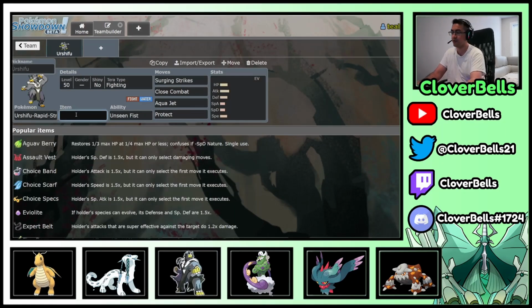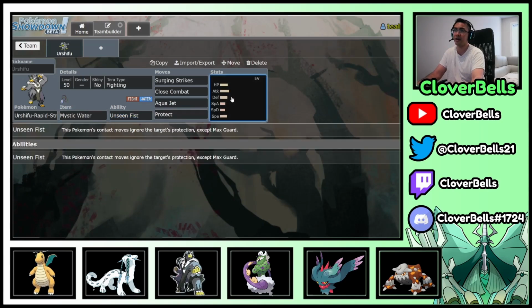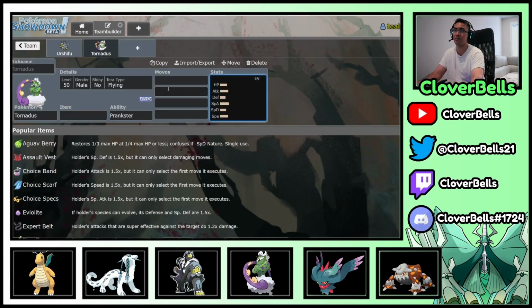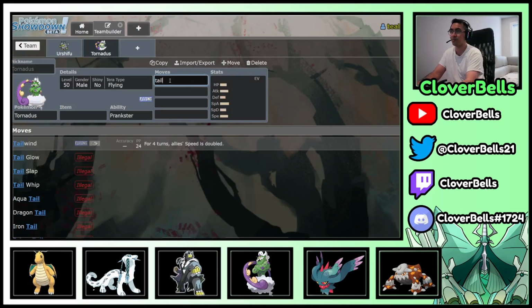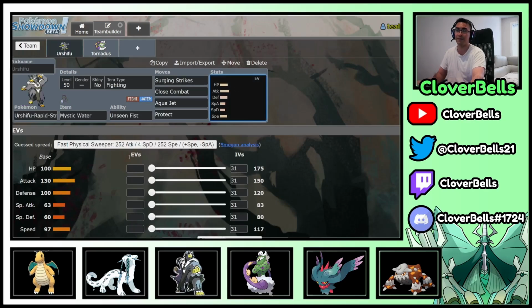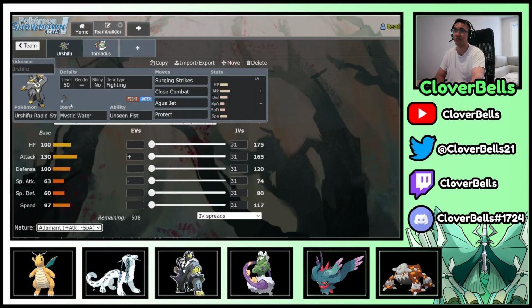based on its 130 attack. You can run Mystic Water on it, go an Adamant set, because then you're almost always partnering this thing with Tornadus, along with the support from Tailwind and Rain Dance. This is how you're able to outspeed a lot of the format, right? You can just go Adamant Nature like this with the Mystic Water, hit the second EV bump here with 156 attack investment, go to maybe about 140 where you can just outspeed Regieleki under the Tailwind,